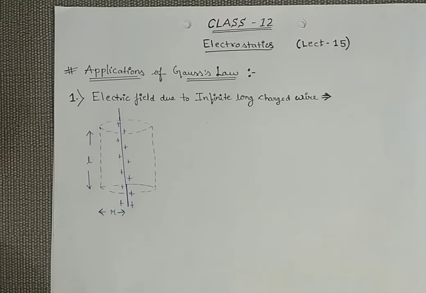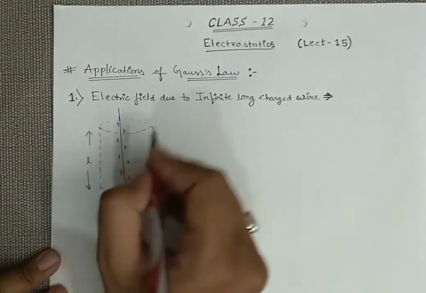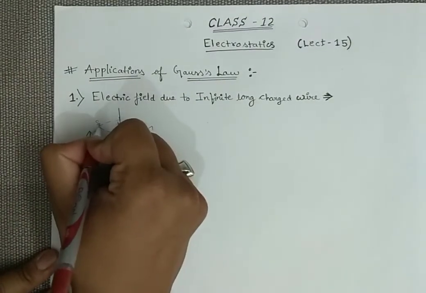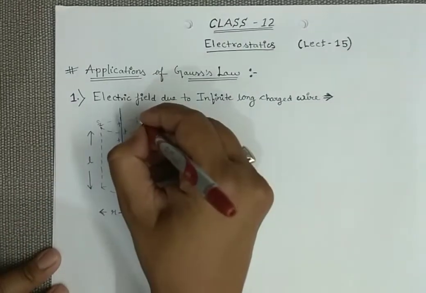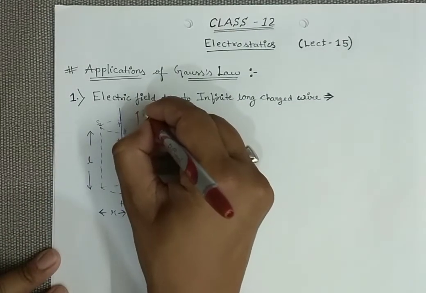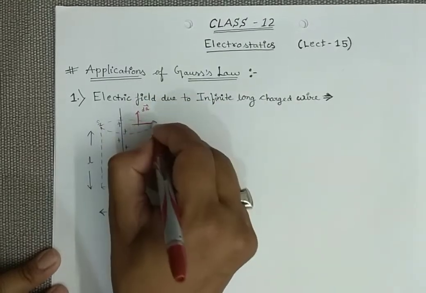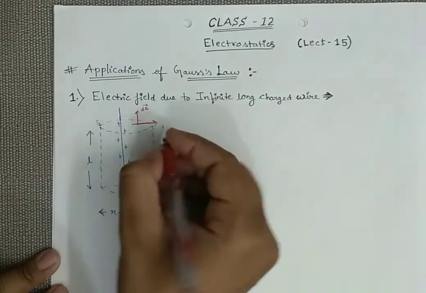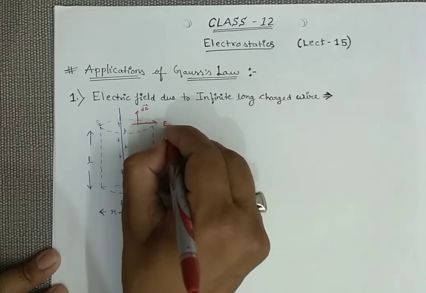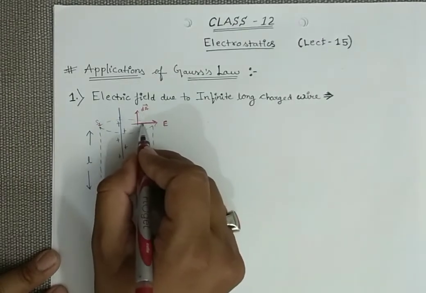If we talk about the top surface, now look at this surface. Let's name it surface S1. If this is my surface S1, the area vector is perpendicular and outward. This will be the area vector, and the direction of the electric field is also outward. This is a positive charge, so the electric field moves outward. So in this case the angle theta between them is 90.